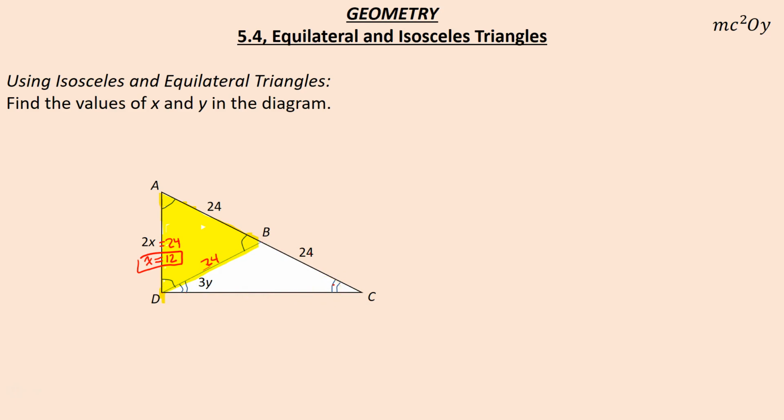So it can help me out if I know what each of these are. And since it's equiangular, which is equilateral, each of those is 60. That also tells me that angle ABD, so this angle right here,